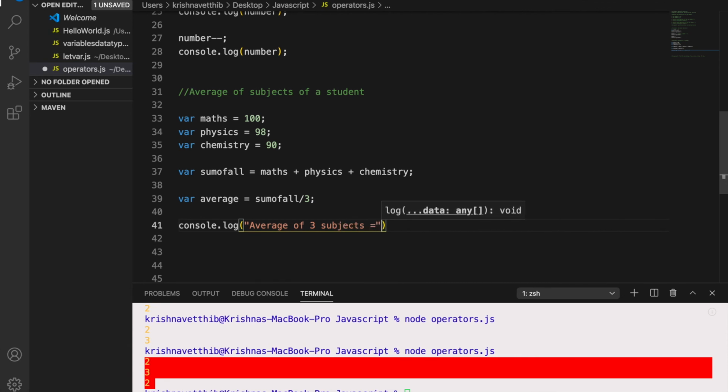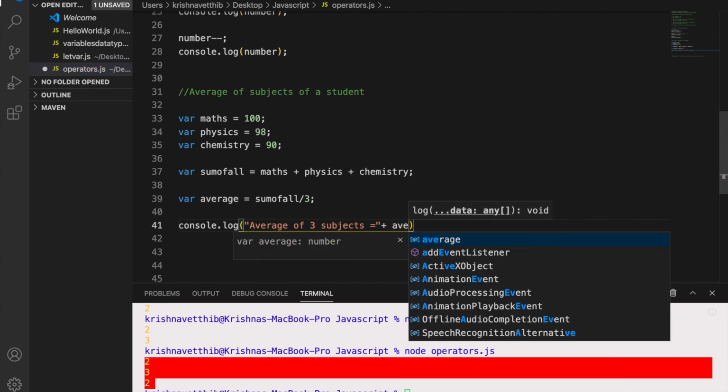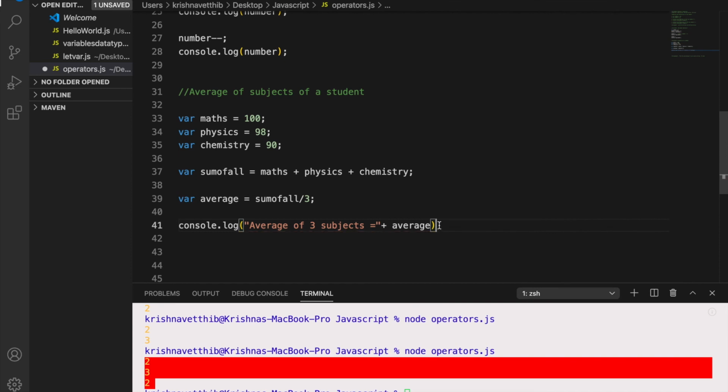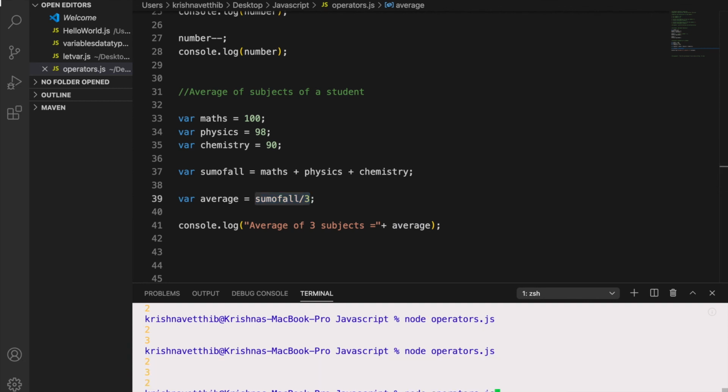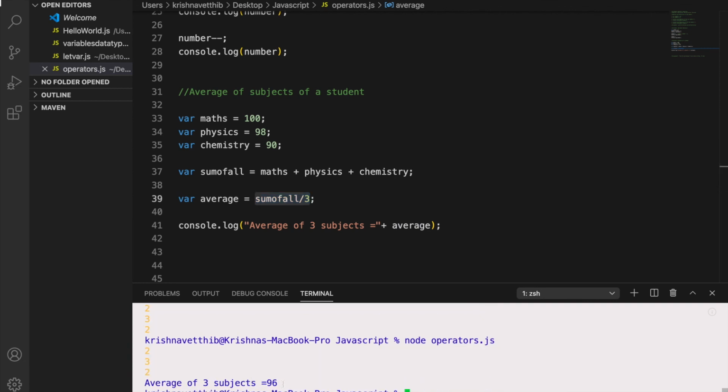You can print out the number here itself using the plus operator, and you can write the variable name here as average. In place of average, sum of all divided by 3, this result is going to get printed here. Let us run this code and see the result. You're getting average of 3 subjects equals 96.